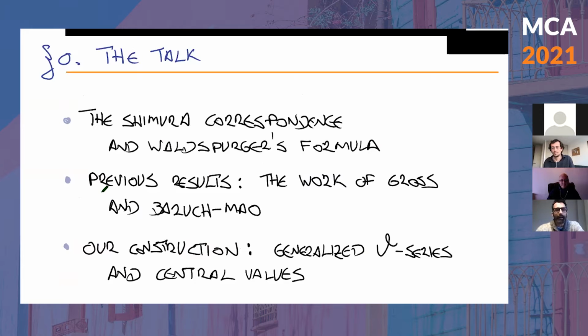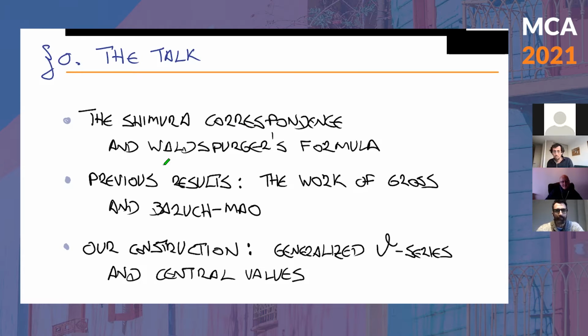I start by going back to the history of this subject, talking about the Shimura correspondence between half-integral modular forms and integral modular forms. And then I'm going to recall Waldspurger's formula, which shows that the Fourier coefficients of the half-integral modular forms are related to the central values of the integral modular form. So this is kind of classical now. It's 50 years old, and there are many